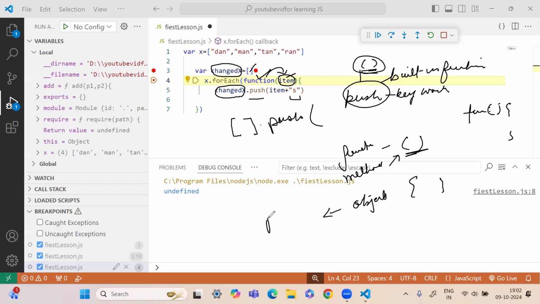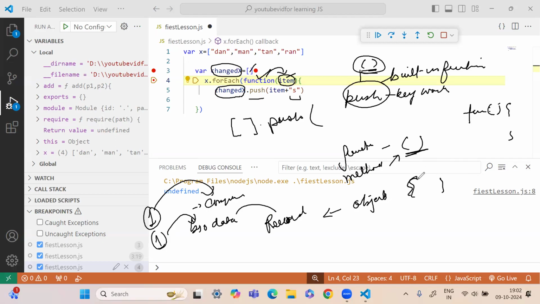and objects basically mean a record of a person. When I say a record of a person, I mean his bio data. It could be a record of a company, the company's bio data. That's an object. It's only a record of one company, or one person. When you have only one person or one record of a company, you put that in the curly braces. And then when you have multiple records of a person, which we'll see shortly,